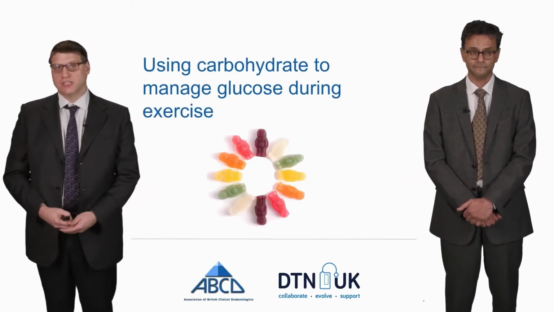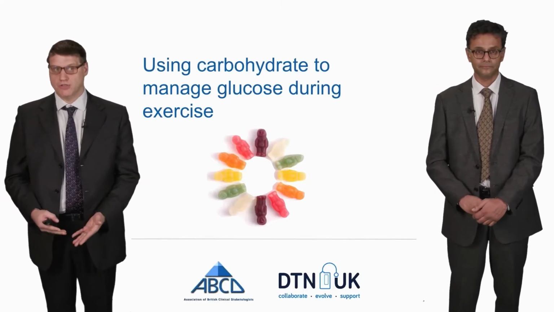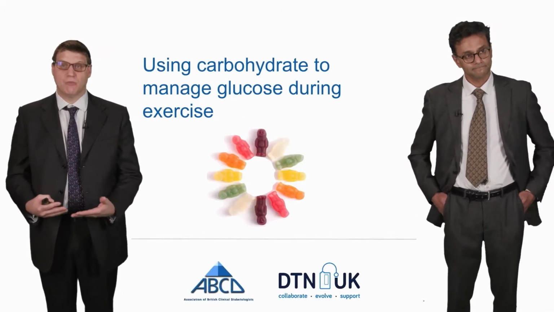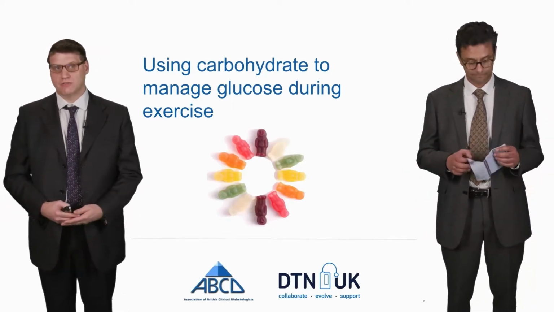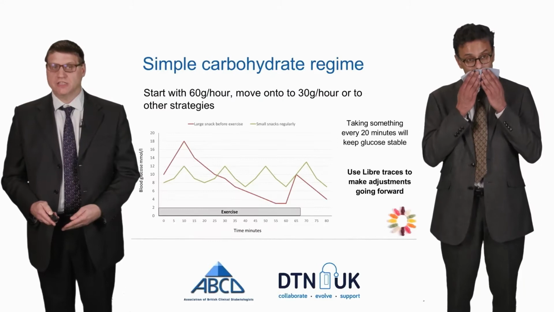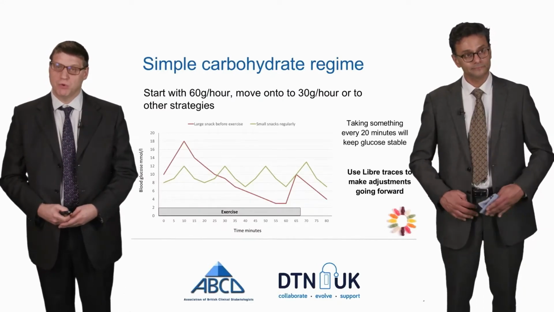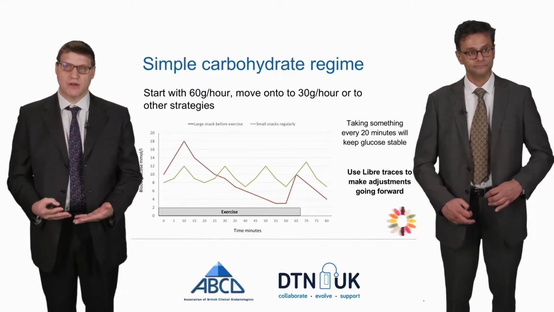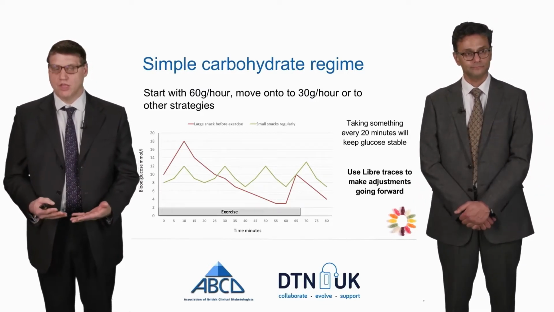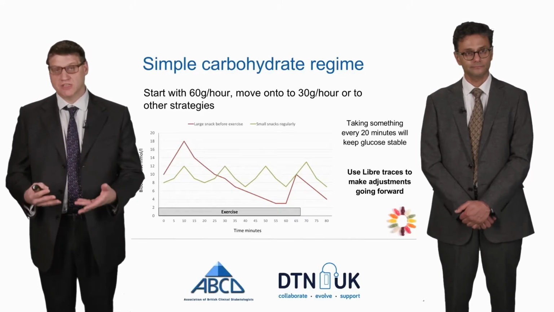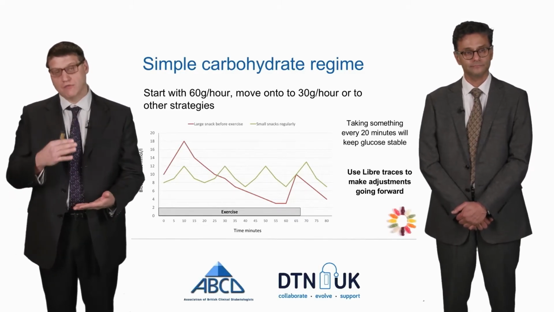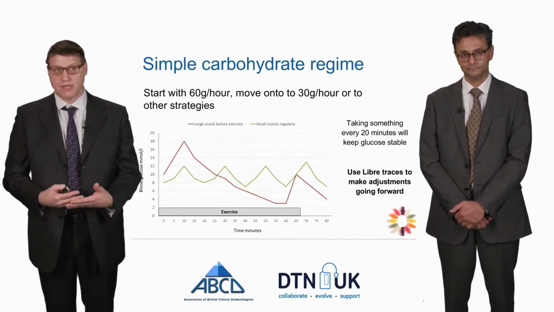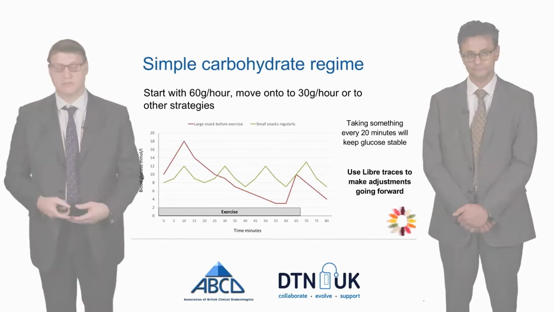An alternative to changing the insulin is that you could take carbohydrate. What we term this is X-carb, so that is exercise carb, or extra carbohydrate for exercise. Again, a starting point that we would suggest, or a simple regime, is that you start with 60 grams of carbohydrate taken every hour. We don't want you to take all the 60 grams at the start, otherwise your blood sugars will start high and fall. What we want you to do is take it every 20 minutes. So we would suggest that you take some every 20 minutes.